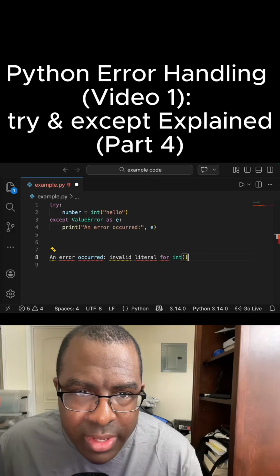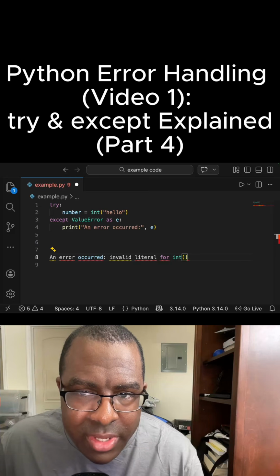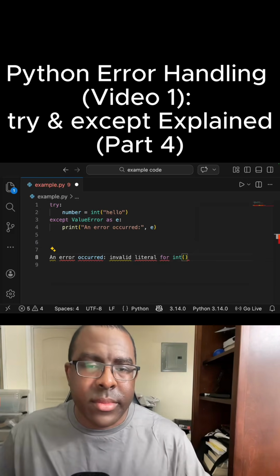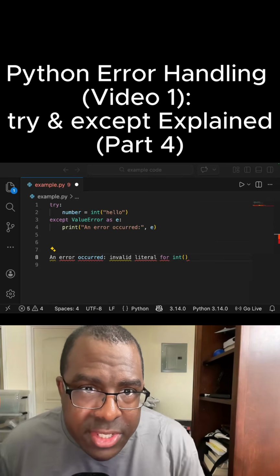The variable e contains the exception object, which includes useful debugging information. This is very helpful when you're developing or debugging programs. Here's a small example